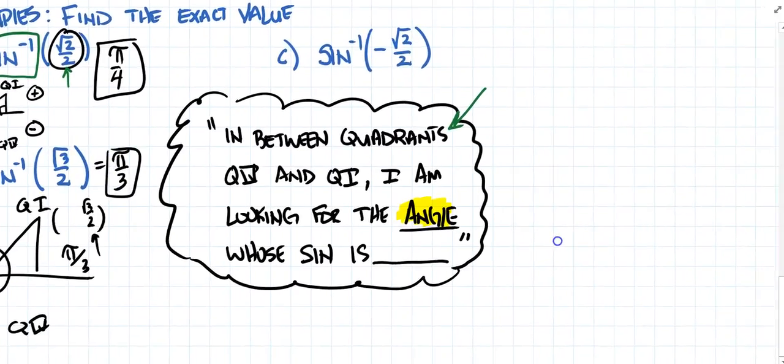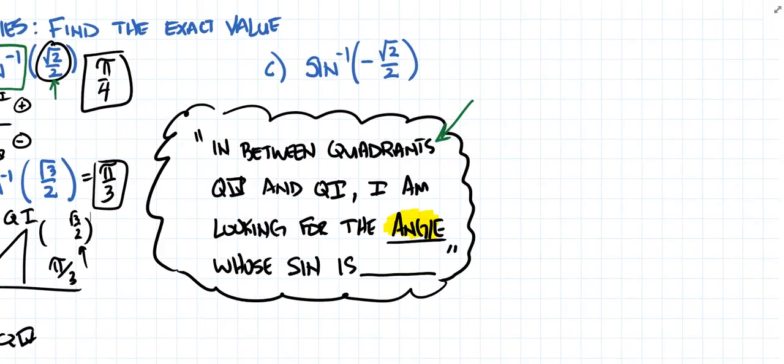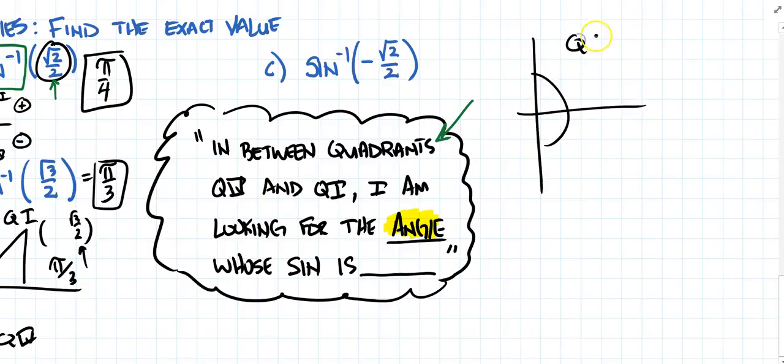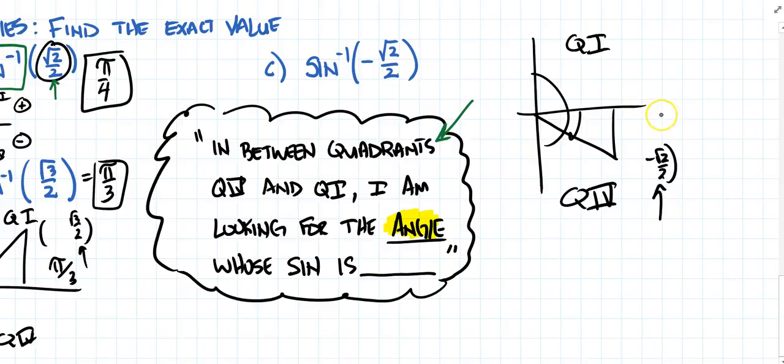Let's try this last one over here, part C. The inverse sine of negative rad 2 over 2. So what this means is the angle whose sine is worth negative rad 2 over 2. So the sentence frame that you read to yourself is, here's quadrant 1, here's quadrant number 4. So in between quadrants 4 and 1, I'm looking for the angle whose sine is worth negative rad 2 over 2. So that would be a value of negative pi over 4, because remember, you swing down to create that negative angle because you have to stay between quadrants 1 and 4. So the answer to this one would be negative pi over